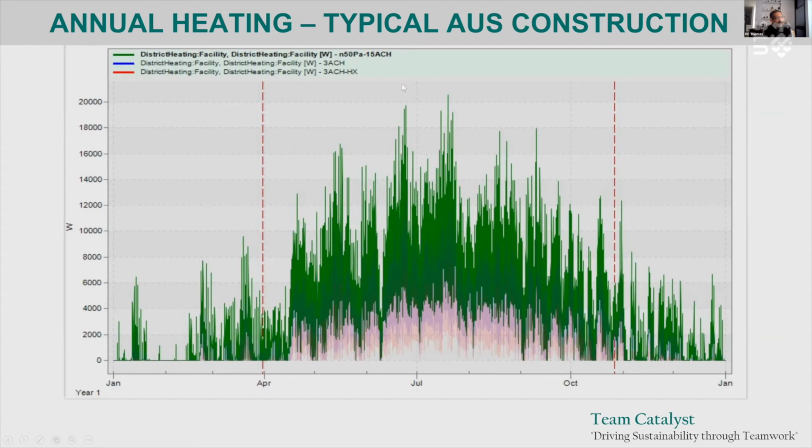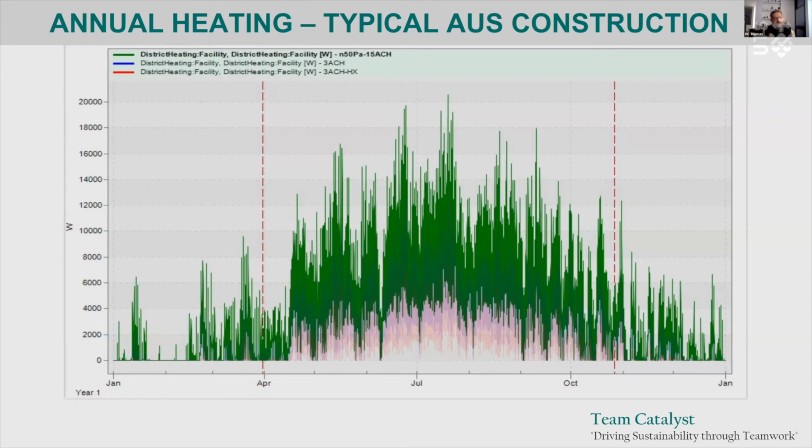One of the loads in the building that adds to the heating load is how much a building leaks. Now, I was telling you my colleague's quite passionate about passive house. Passive house is a European standard, so they're very keen on reducing heating energy use. And there is an impact of air infiltration that, in Australia, we don't really think about a lot. So we did a number of runs, and I'm just showing you the final outputs.